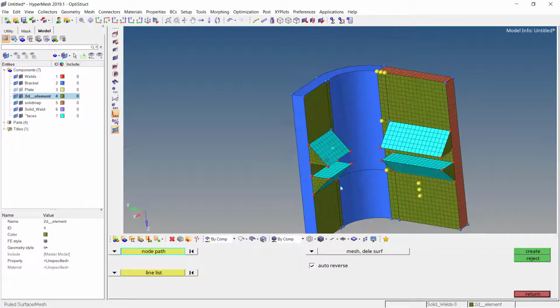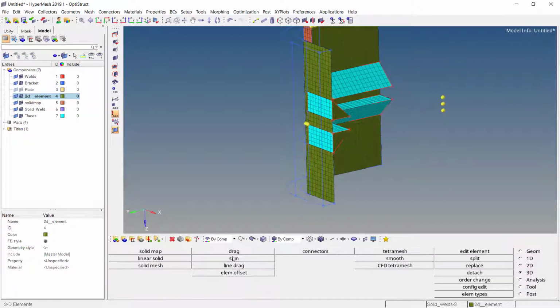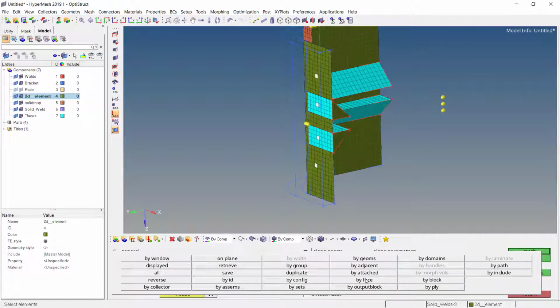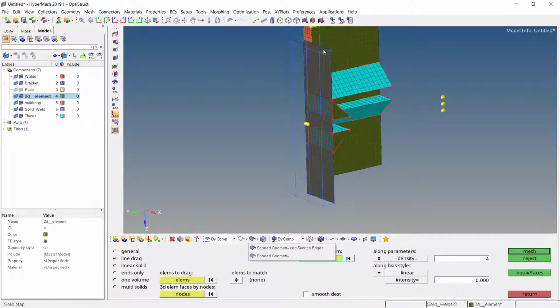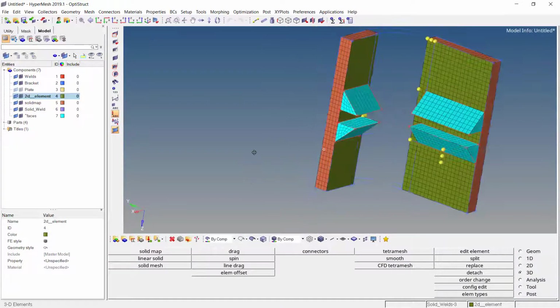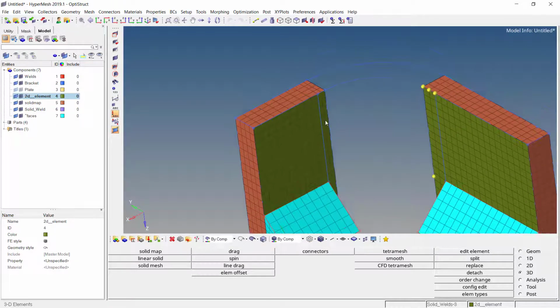Once the mesh has been placed, now let us drag this element. Perfect. Now the only thing that has remained under the bracket is this particular region.